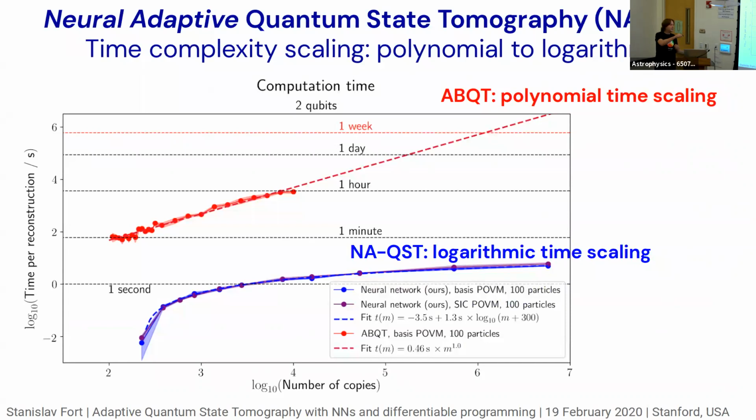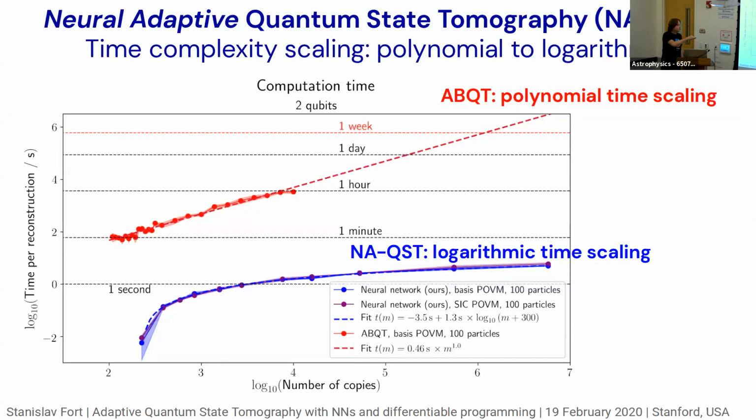Okay, so this is a log-log plot. So the straight line for the classical algorithm means it's a polynomial, it's a power law dependence. And that power law scales really badly, as all power laws do, as you increase the number. So it's a polynomial thing. On the other hand, our algorithm is logarithmic. So as you go to higher and higher numbers of measurements, our gain is better and better with respect to the other algorithm.